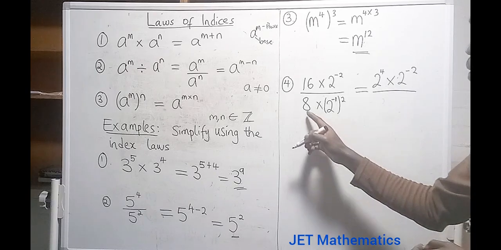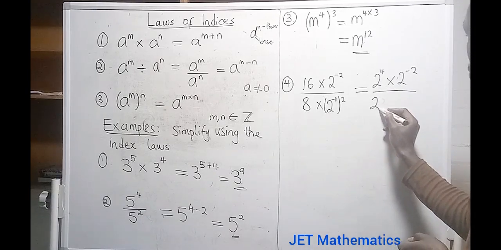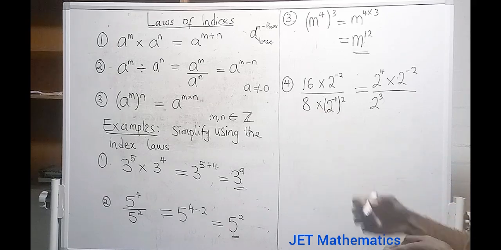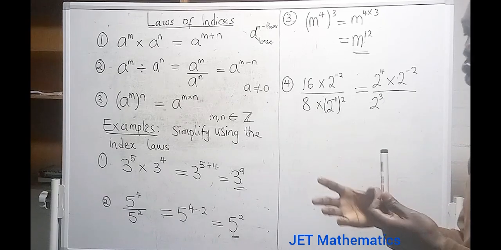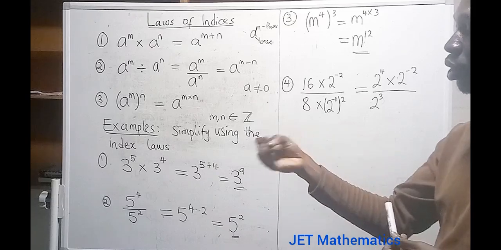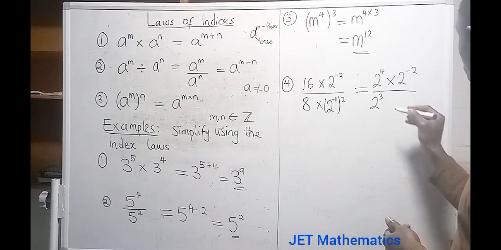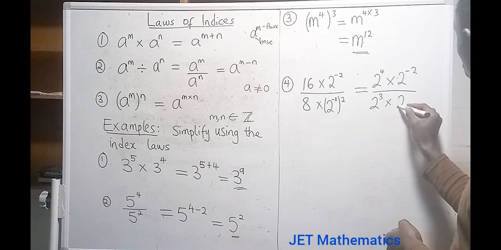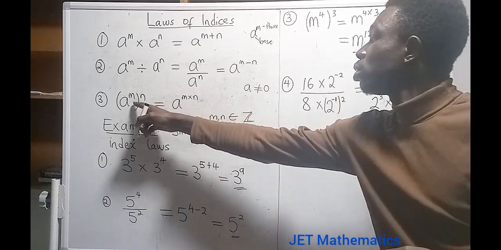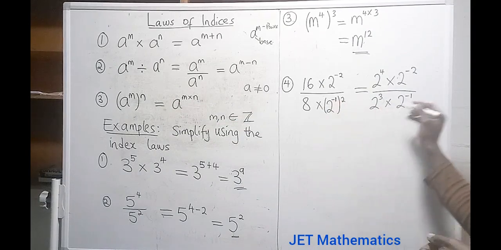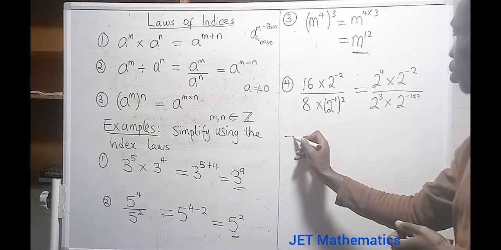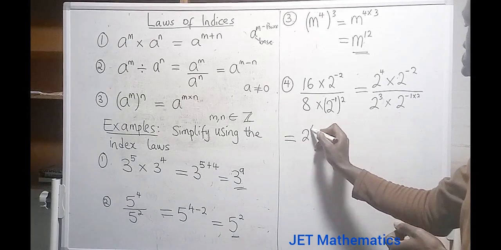Okay? Then this side, 8 is the same thing as 2 raised to the power of 3. I'm expressing 8 as a base of 2 because here I have 2. So we must be spontaneous in our thinking. Alright? So this is 2 raised to the power 3, 2 times 2 times 2, that gives me 8. Times 2 raised to the power minus 1. Using this law here, it's minus 1 times 2 times 2. So we are good. So this gives us 2 raised to the power 4